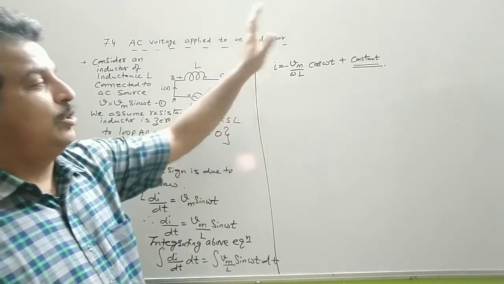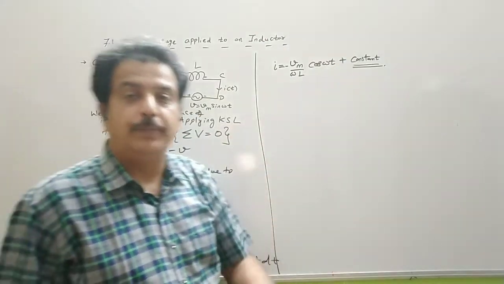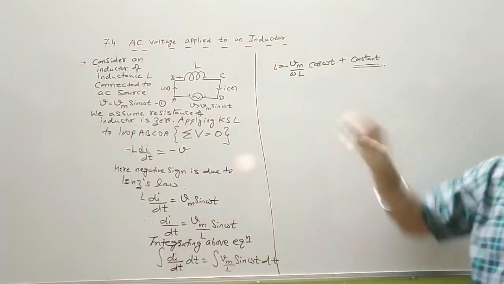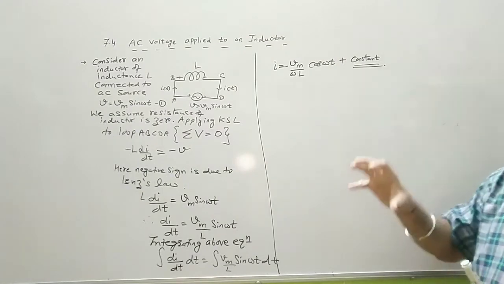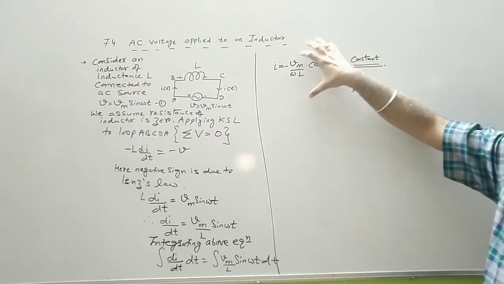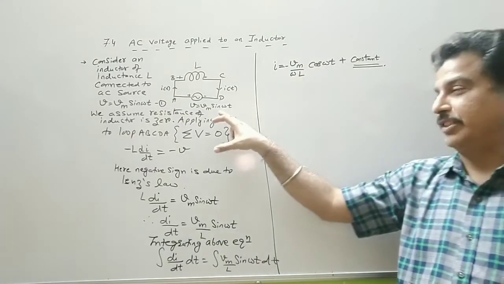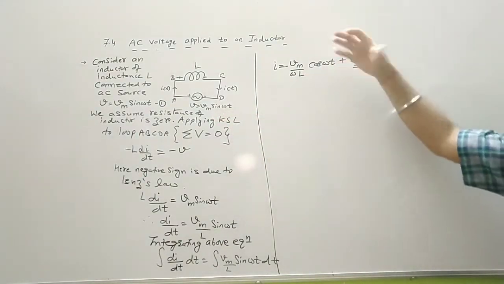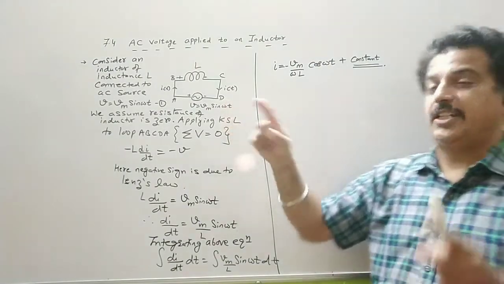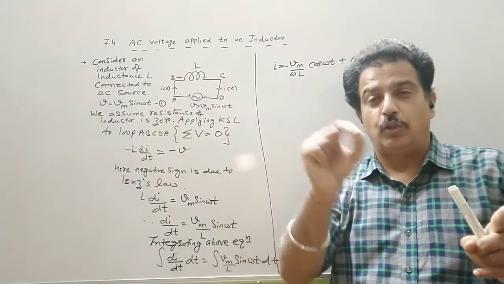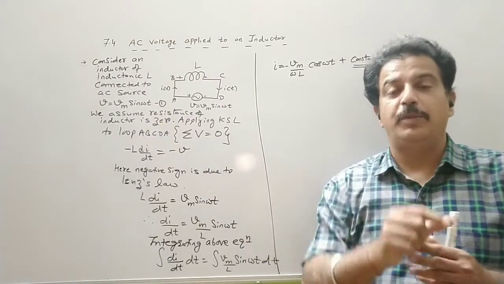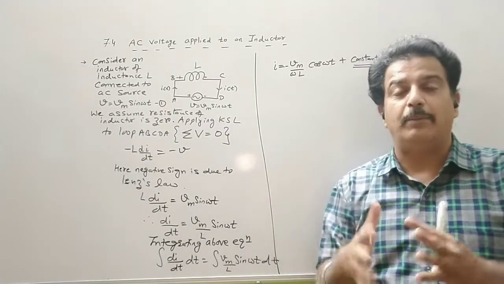So the dimension on the right-hand side should also be that of current. So the constant has a dimension of current. Now our source varies harmonically, that is, it is a function of sine, or it oscillates symmetrically about zero, because its range is -1 to 1. So the origin is a midpoint, or its mean position. So it oscillates about zero.